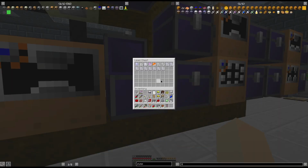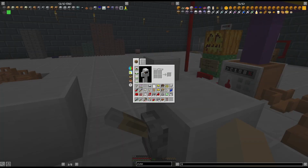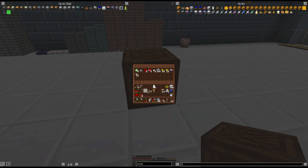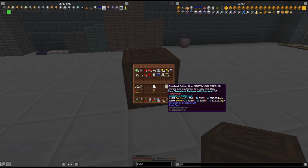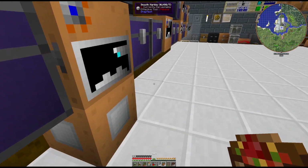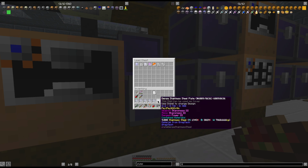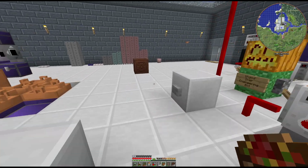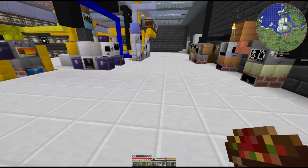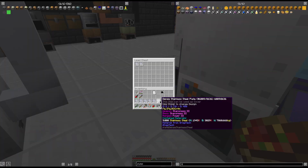holy crap, it has finally gotten done. We are finally done with all of those. So, let's go ahead and dump off a whole bunch of crap for the moment. Sort this all later, to where it actually needs to be. And let's go ahead and get all of these dense copper plates, or dense stainless steel plates, over here and get them into its next stage, which is not going to be able to run because, again, we're out of power. But we now need to put these in here